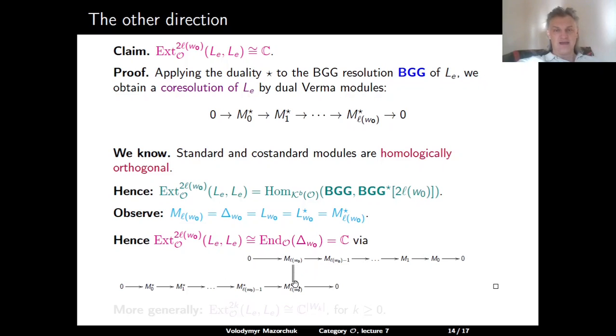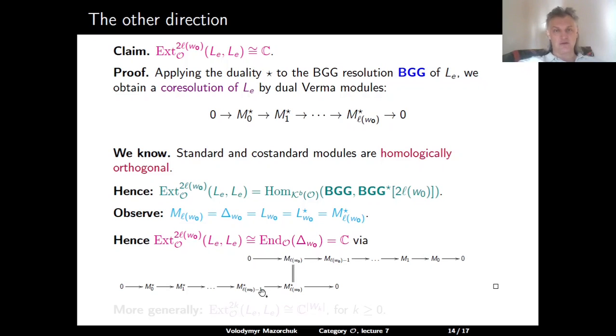And now we take the identity map from M(l(w0)), which is just simple L(w0), to M*(l(w0)), which is again the same L(w0). We have this identity map, and this identity map is clearly a homomorphism of complexes, because it gives us 0 here and 0 here. All other maps are 0 because there is no other choice. And also note that this non-zero map between complexes gives us a non-trivial morphism in the homotopic category because there are no morphisms from this